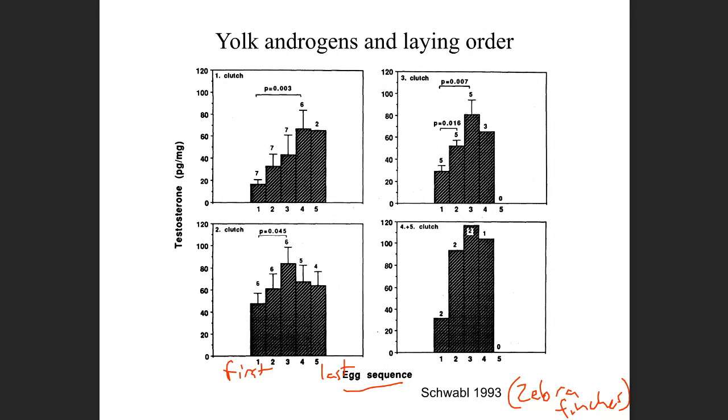And these birds often lay 4 or 5 or 6 egg clutches. The last couple eggs usually had higher levels of testosterone. And this is before they developed. So it's not being produced by the chick, it's being deposited,